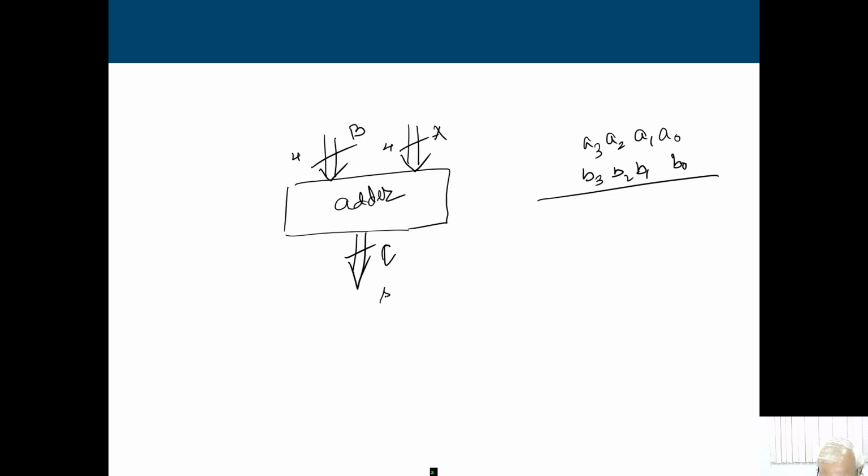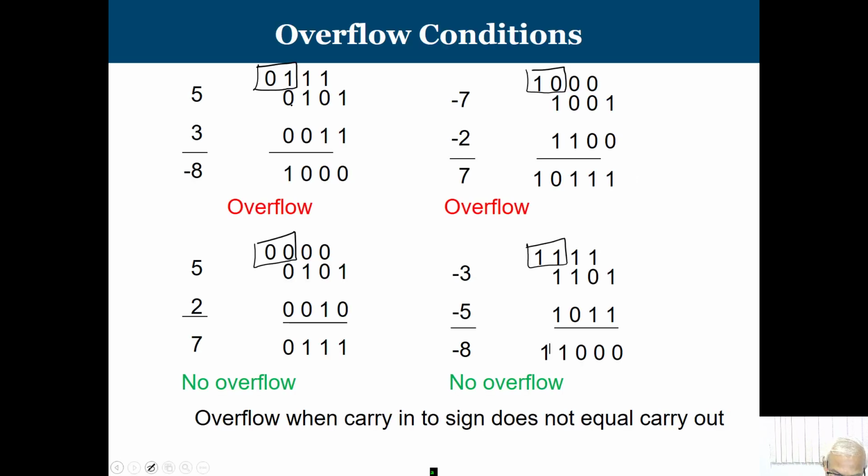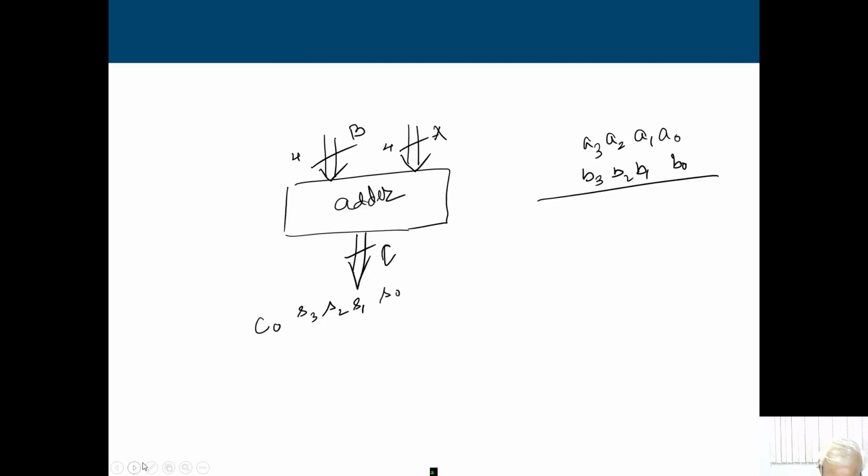So, I can say this is S0, S1, S2, S3 and this is total CO, because one carry out is there. The way we are saying, if I add these 4-bit numbers, finally after adding, the output carry will be there. This is the last one, where I am having the output carry. So, I am having these things: S0, S1, S2, S3 and this is my carry out. So, these are the information that we are going to get.